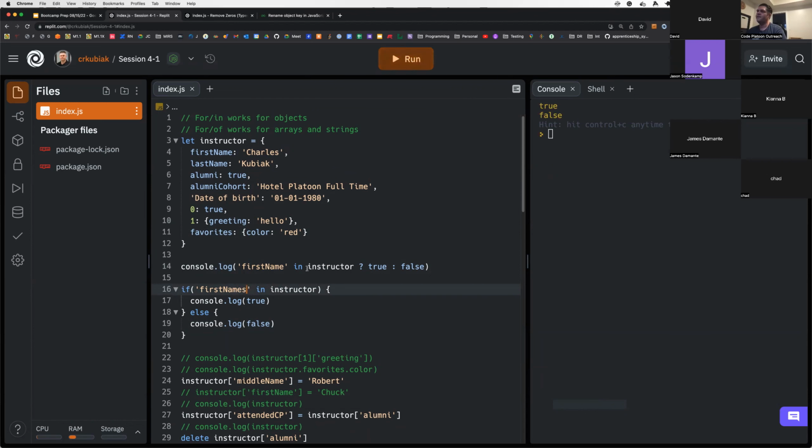All right, if I delete this S, right, these two things are doing the exact same thing. One is just a little bit less typing, right? And same thing here, we could do